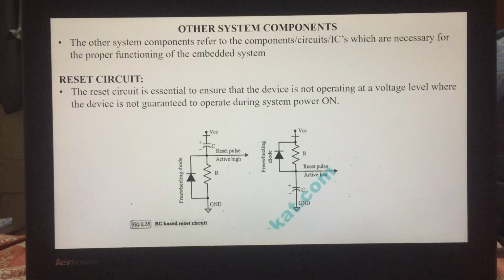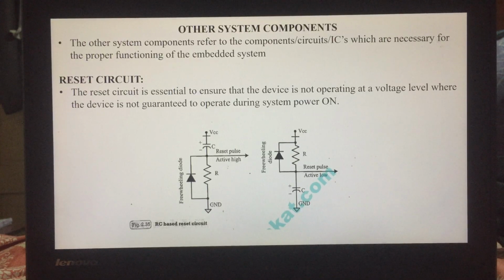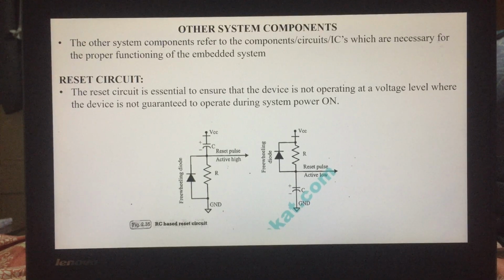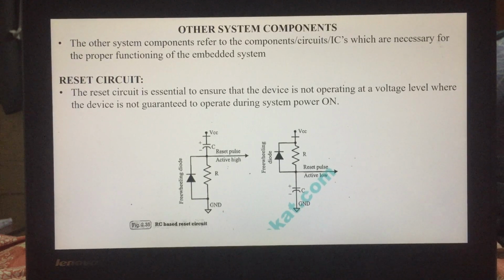Power is on and the reset signal is applied to the processor from the external passive reset circuit or from a standard reset IC like MAX810 from Maxim Dallas. Passive reset circuit consists of a capacitor and resistor. Select the reset IC based on the type of reset signal and logic level supported by the processor or controller in use. Some microprocessors or controllers contain built-in internal reset circuitry and don't require external reset circuitry.